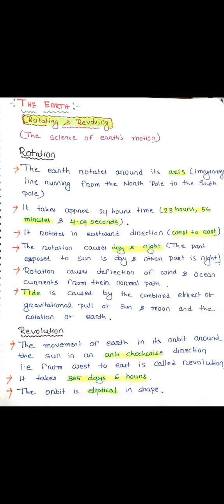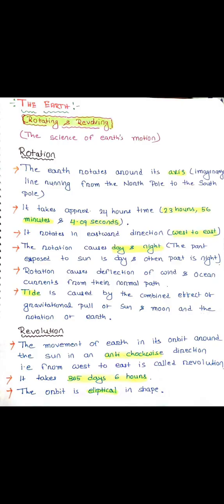What is revolution? It is the movement of earth in its own orbit around the sun. We know every planet has its own orbit, and they move around the sun in it. Likewise earth also has its own orbit which is elliptical in shape, and when it moves in its orbit around the sun, it is called the revolution, and it is also in anti-clockwise direction, that is from west to east. So rotation is west to east and revolution is west to east,